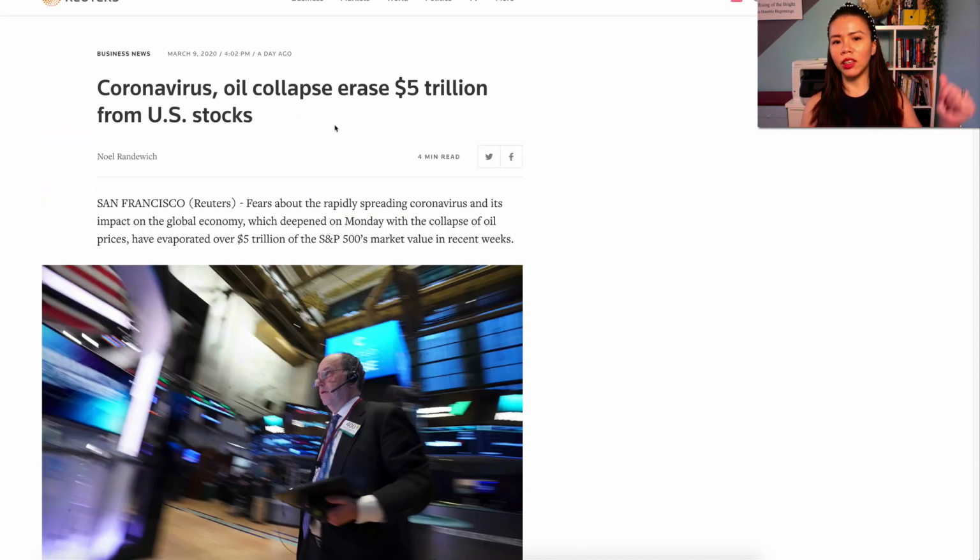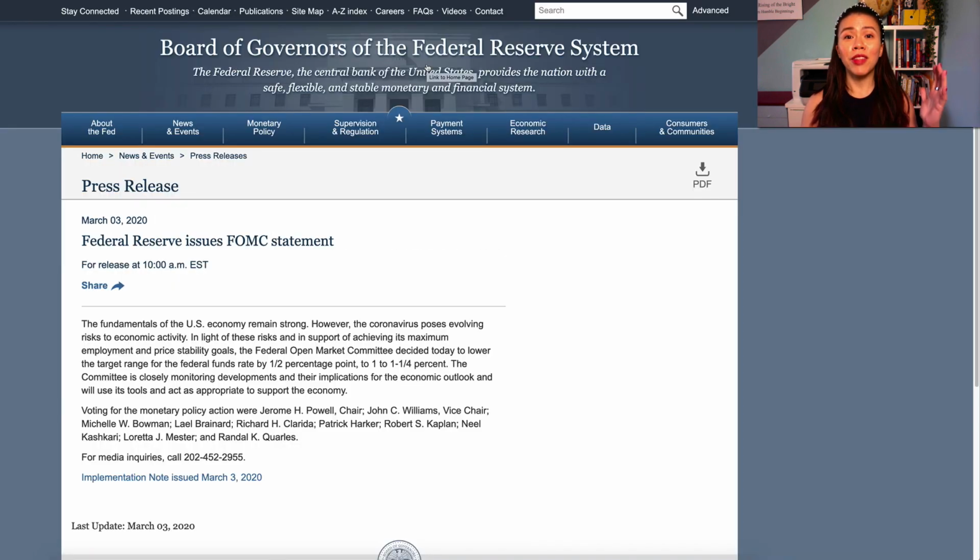So to continue with the story, this happened, right? The stock market crashed, the oil prices dropped, and if that wasn't enough, the Federal Reserve Bank also announced that they were going to cut interest rates, right? As you can see here in the highlighted text. So 2 things could happen.